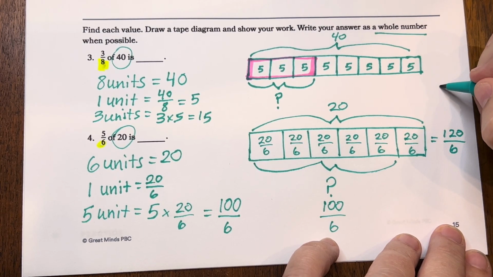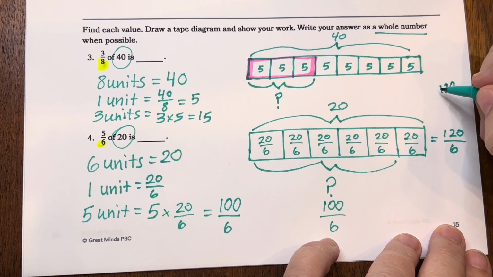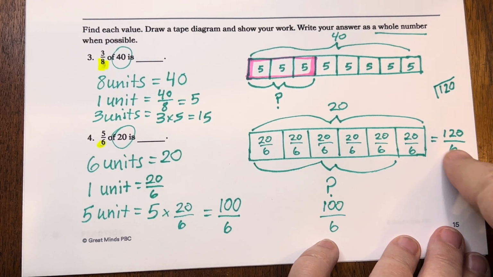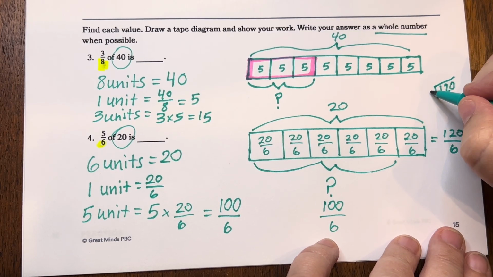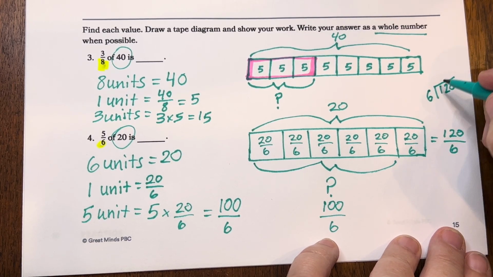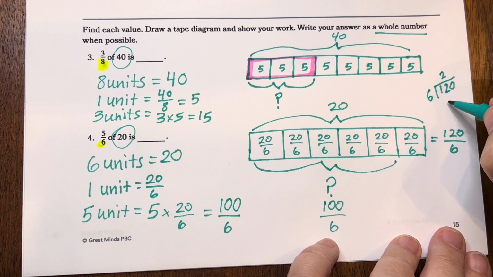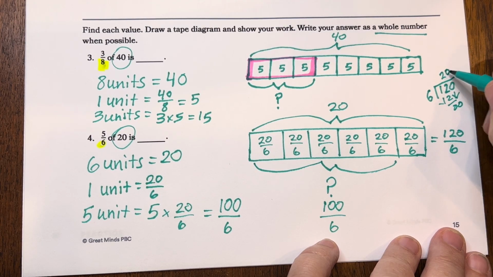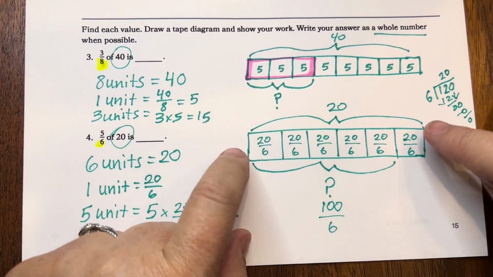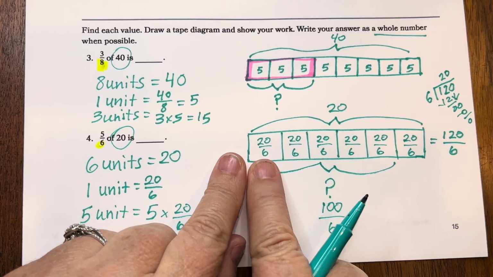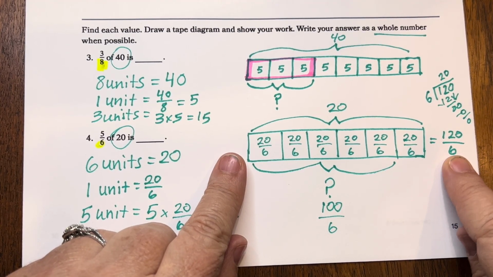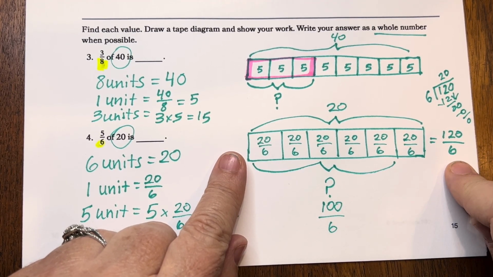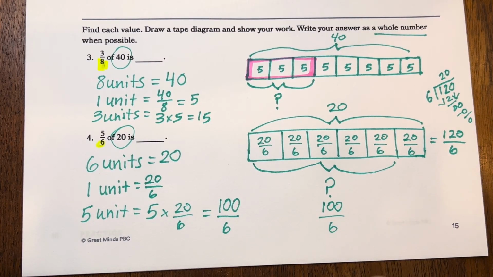Now, if I were to go and do in and out, we don't have to do this, I'm just proving to you that this equals 20. So look what happens if I divide by 6 and I say 6 goes into 12 2 times. I get 0, bring down my 0. How many times will 6 go into 0? It will go into it 0 times. So look, 20 over 6 together 6 times actually equals 20. It ends up being 120 over 6. So just follow these steps and you'll do